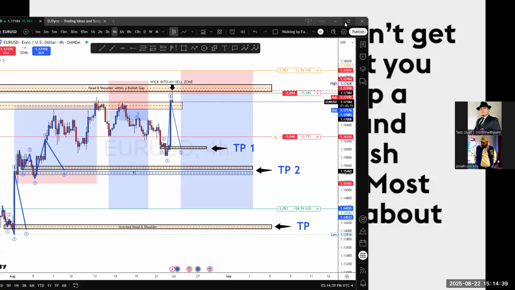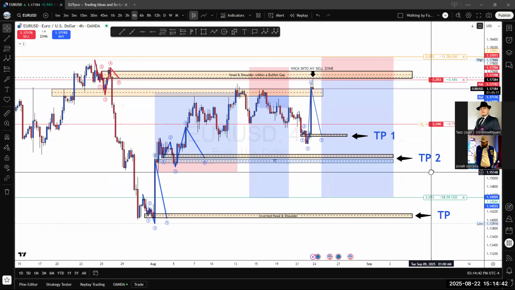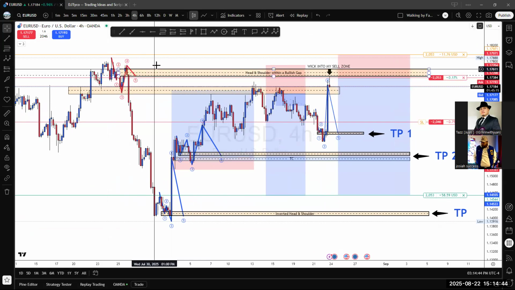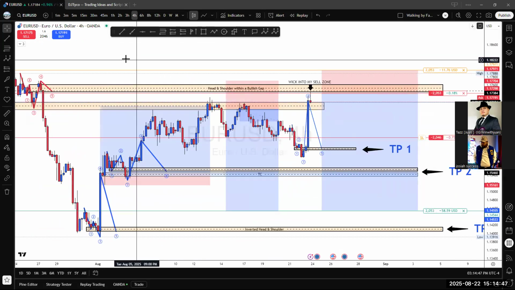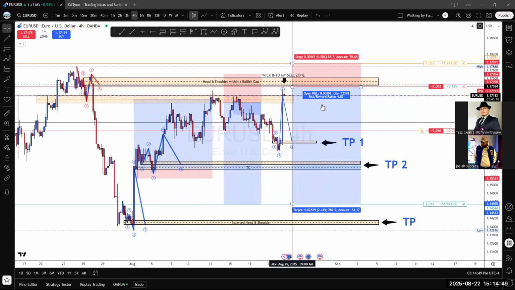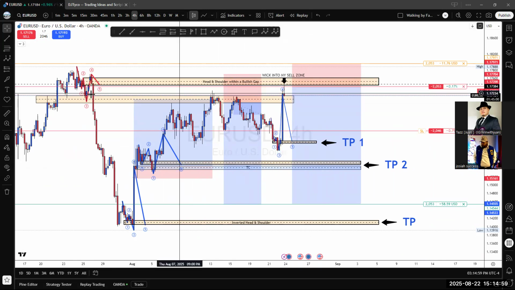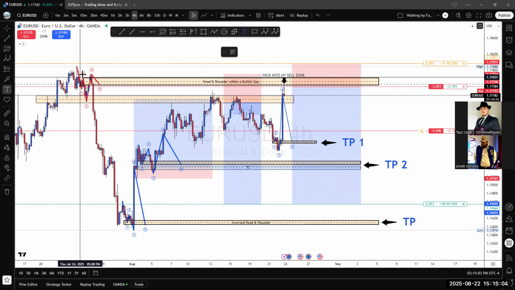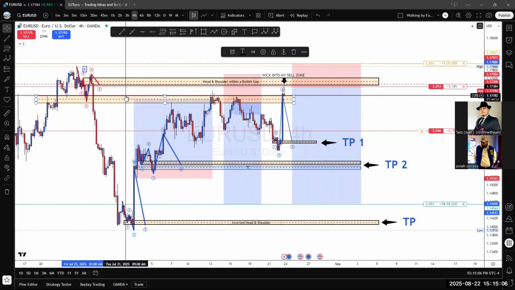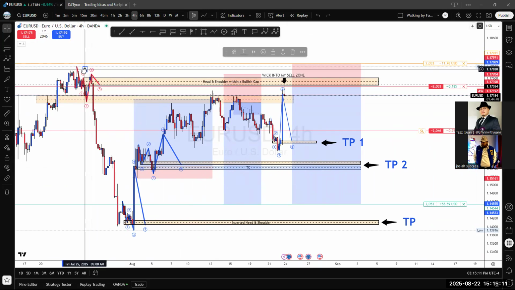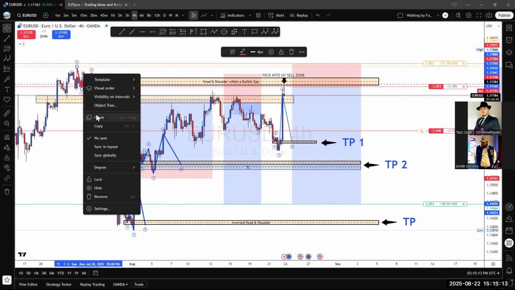You see my screen? Yeah, I see it now. So you see how here this is okay. So in your chart, you have none of this. You just have the candlestick going up here. But why did it go up here? Because it formed the left shoulder. You see how you got the right shoulder here? Number two is the right shoulder. You see it?